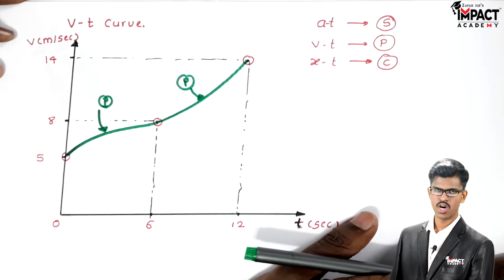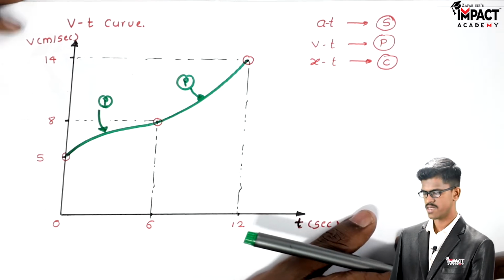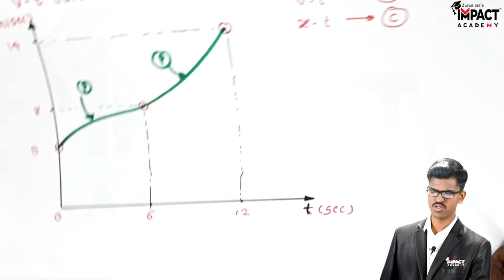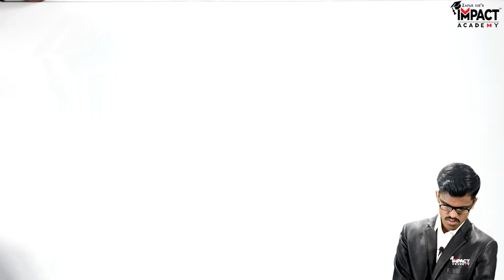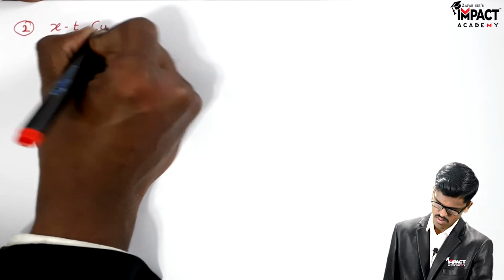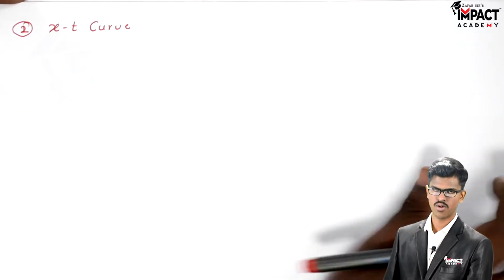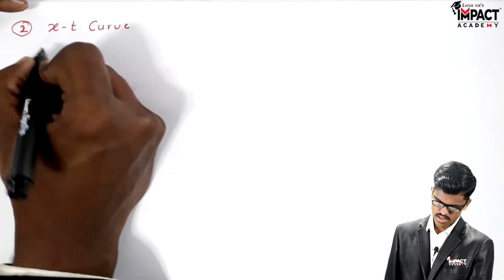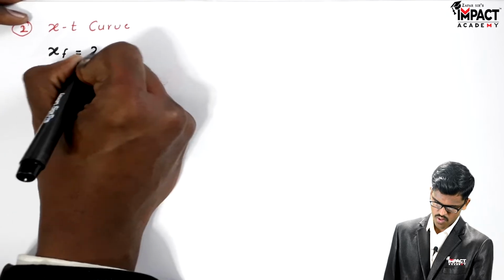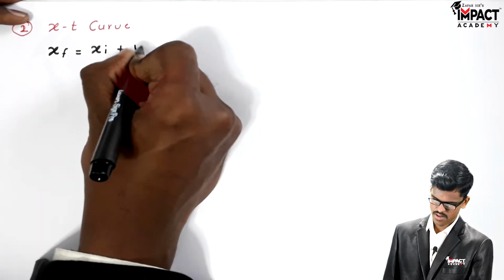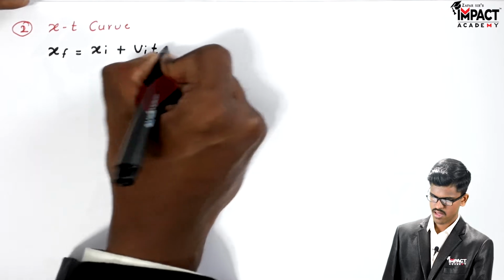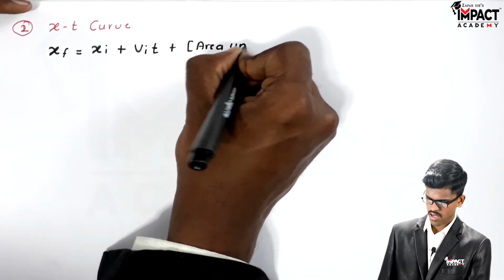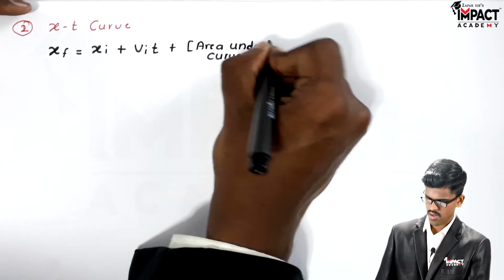In the question they also ask to find the xt curve, that is the displacement time curve or position time curve. So let's start with the displacement time curve or position time curve. For the xt curve, from the acceleration time curve we have to find the position time curve. The formula is xf is equal to xi plus vi into t plus area under the at curve